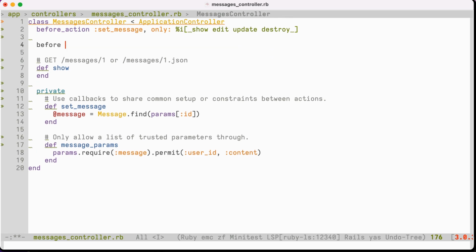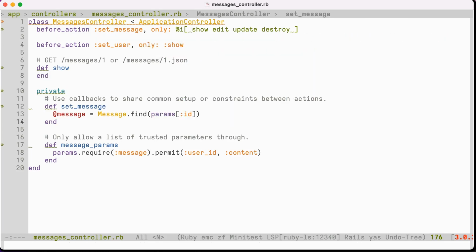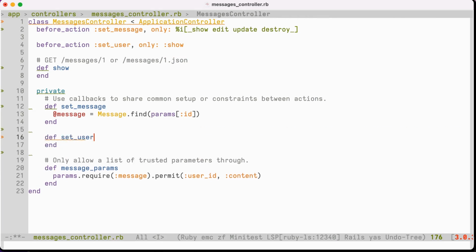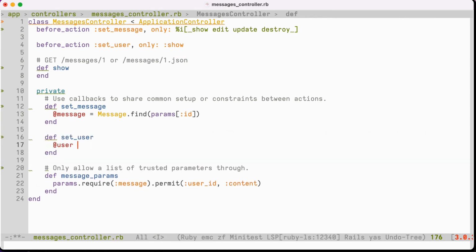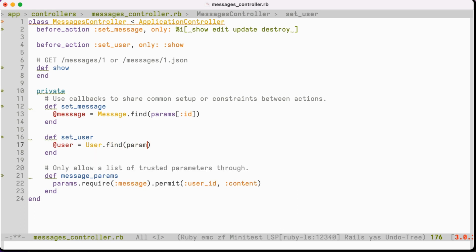I'm going to say we set a user in the show action, and don't try this at home, but what we're going to do is just add the user reference from a request param,